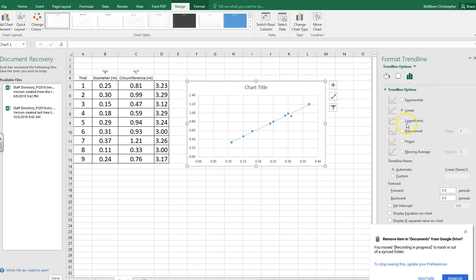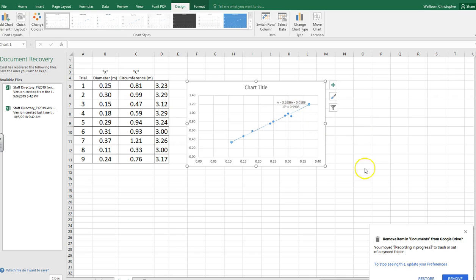So all we need to check are two boxes. We go down to the bottom, the last two. We want to select display the equation on the chart, and just to make us feel better about the world, display the r squared value on the chart. Boom. And they'll show up right here. You can close that out in the upper right here. Boom. So zooming in,